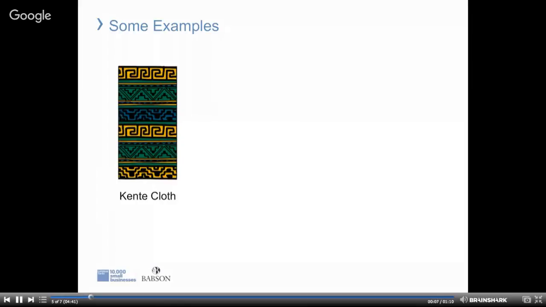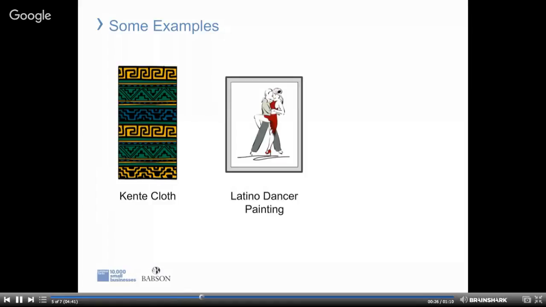Here are some examples from scholars around the country. The kente cloth was brought in by a scholar from Long Beach, California, a scholar who runs an educational consulting firm, to symbolize her own and her employees' commitment to providing access to good education for all students. An art gallery owner from Philadelphia brought in this picture of Latino dancers because it characterized the commitment to art from around the world and to her employees, who also come from around the world.